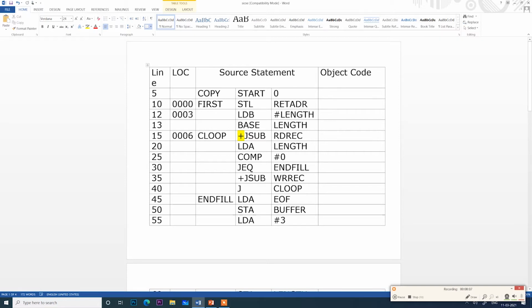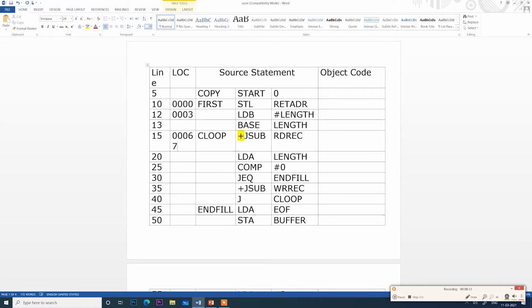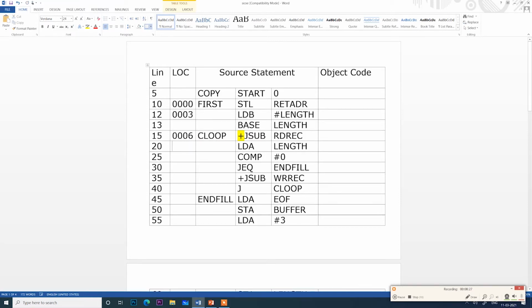That means 6, then 7, then 8, then 9: 6, 7, 8 and 9, right? 4 positions will be occupied by this JSUB instruction. So the next instruction will be at 000A, because of the plus symbol, this is a format 4 instruction.